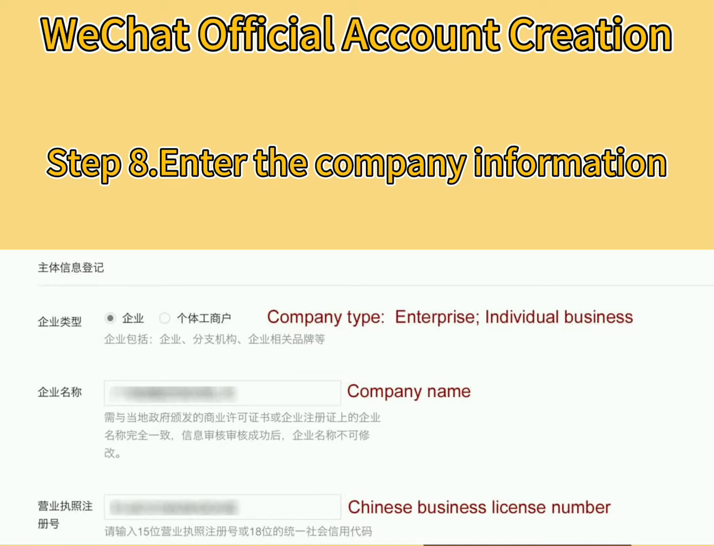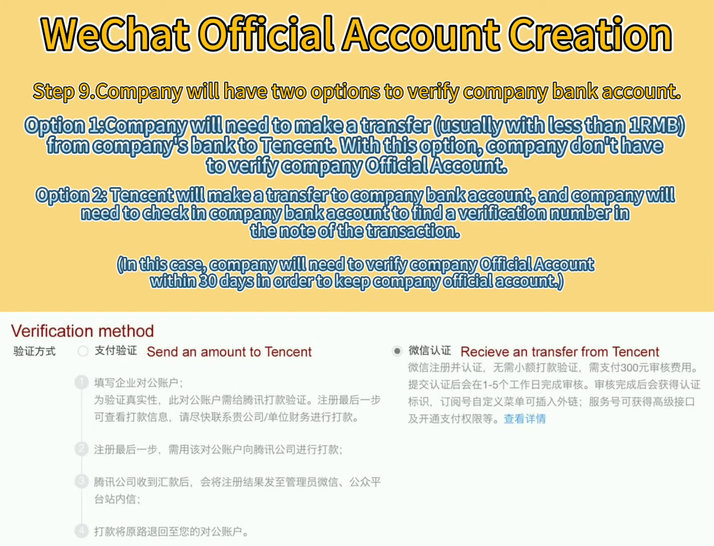The company information includes the company types, company names, and the Chinese business license number. Step 9 is that the company will have 2 options to verify the company bank account. Option 1 is that the company will need to make a transfer